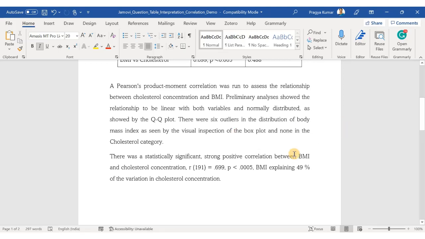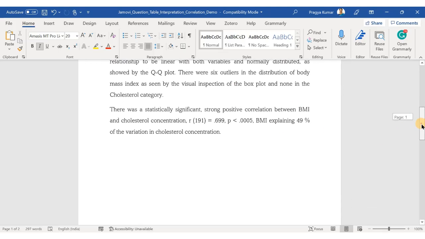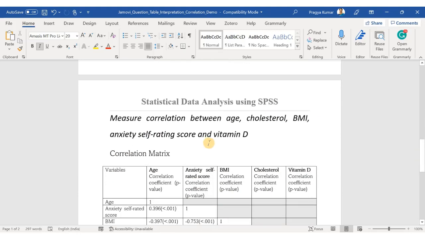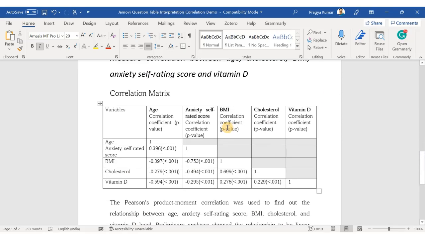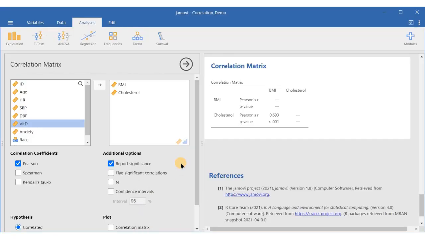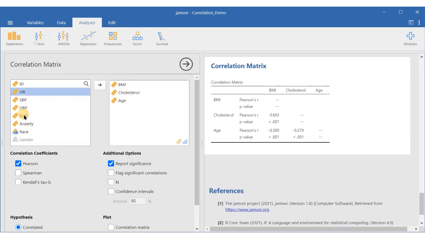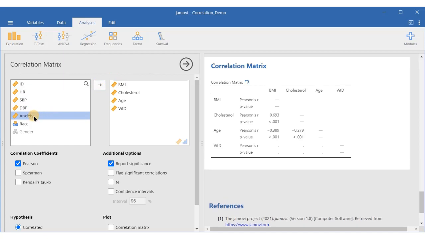If you have to apply multiple correlation, like in this case I have to measure the correlation between the age, cholesterol, BMI, anxiety, self-related score and vitamin D, in that case, what will you do? You again go to the Jamovi. There are the other variables too. Maybe there was age also, so you enter age, vitamin D, and then anxiety also.